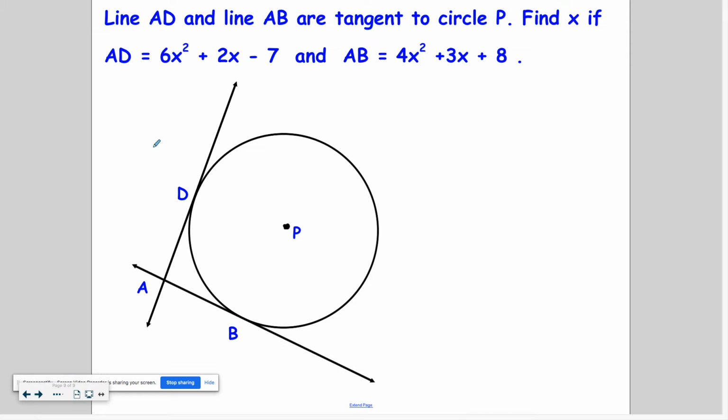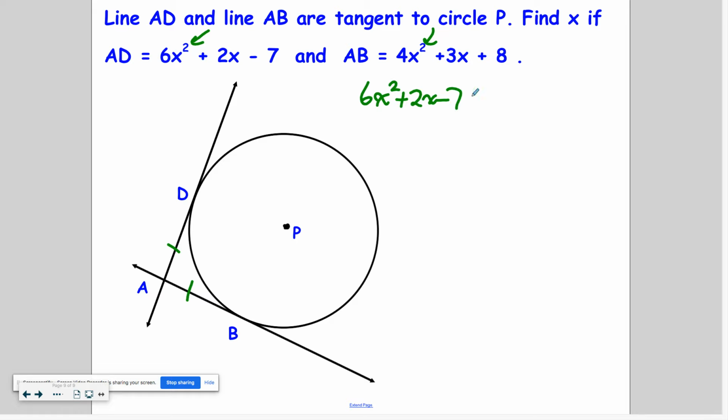And this is a little bit of a challenge. You can see in this unit we start giving you quadratics. We have a squared here and a squared here. Quadratics. So that means factoring, it means quadratic formula, and in order to solve some of these things. We always try to give you a little bit of algebra review as we go through this so that you're ready for Algebra 2 next year. Okay, so this says AD and AB is what they're giving us. We know those are the same because they're tangents. So we just set them equal